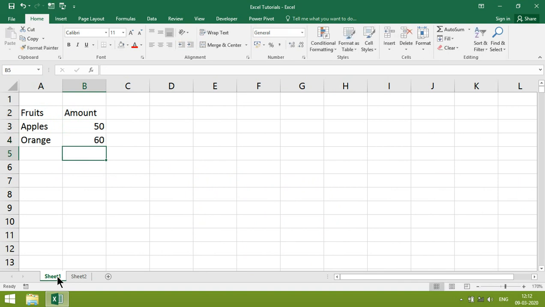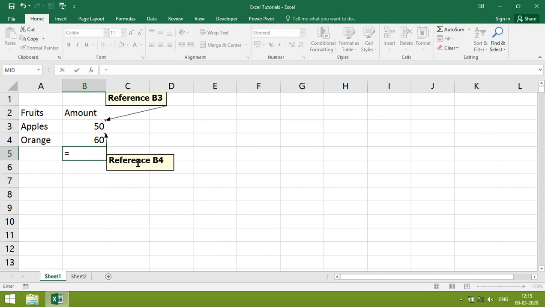How to add two numbers. Each has its own reference point: for this B3 and for this B4. To add two numbers, just type equal to, give the reference, type the plus button, and give the reference of B4. Enter.